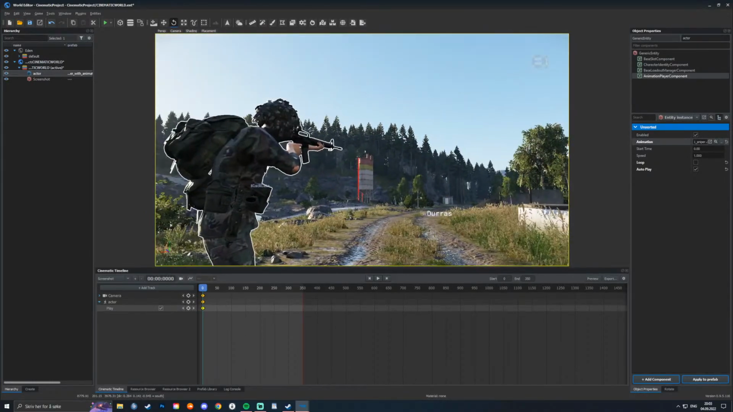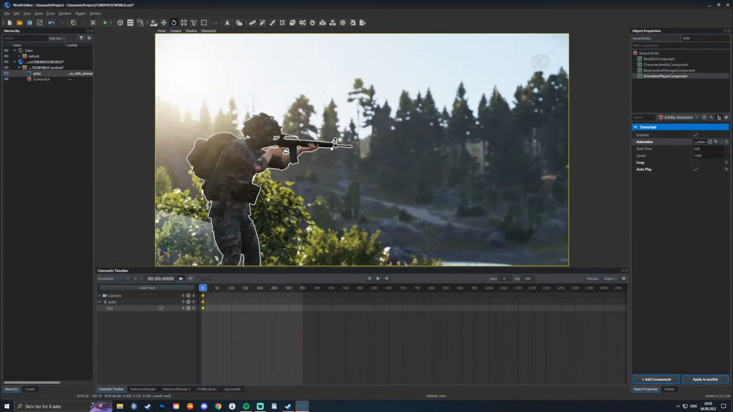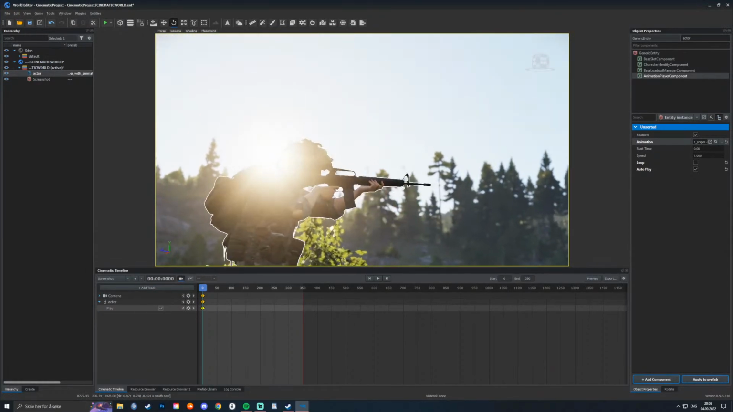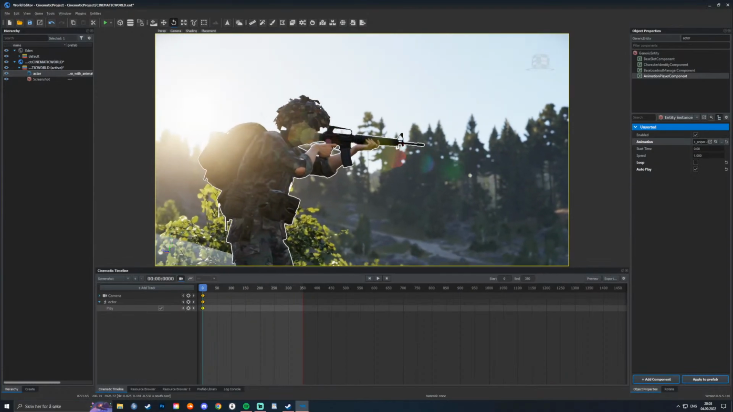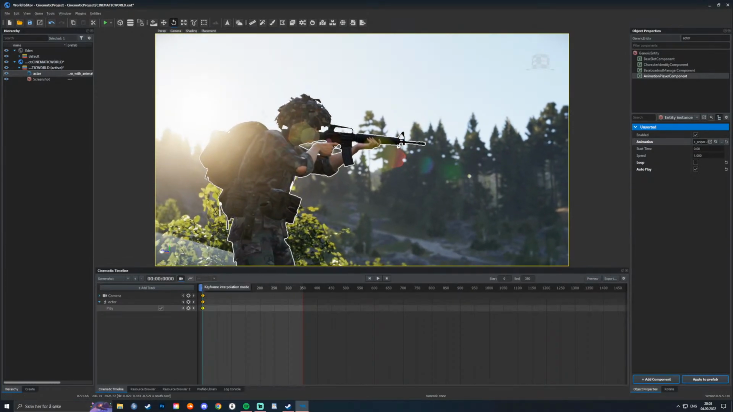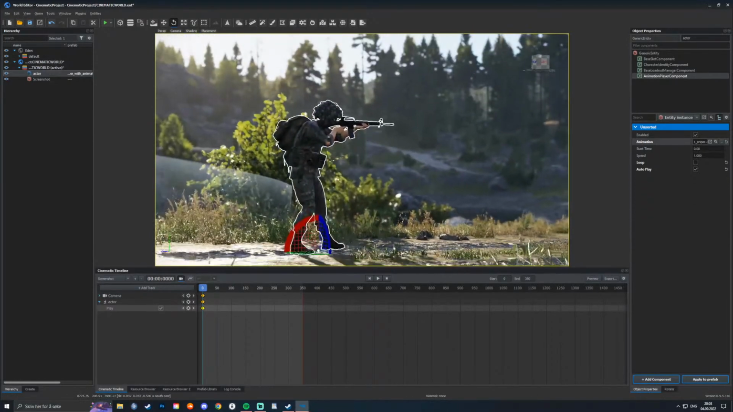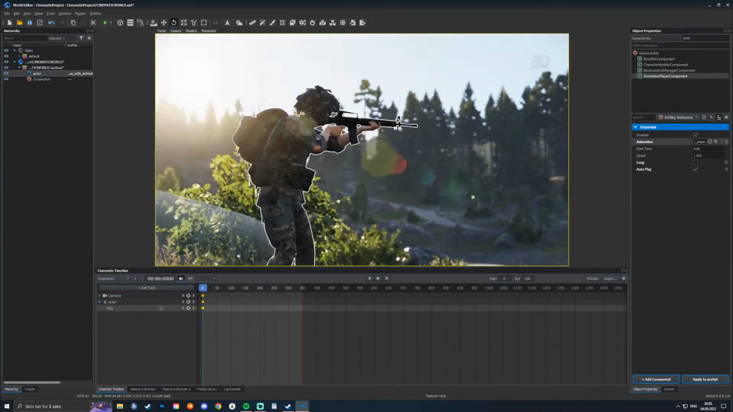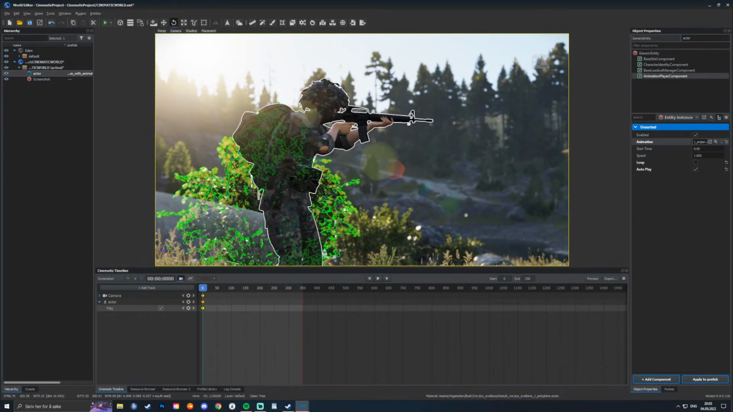So we can go into the camera, get some lens flare going. And that's like the most basic way of going about it. So let's say we want to make it more dynamic. You want to have a totally different ambience. You can set it to night. So what we can do